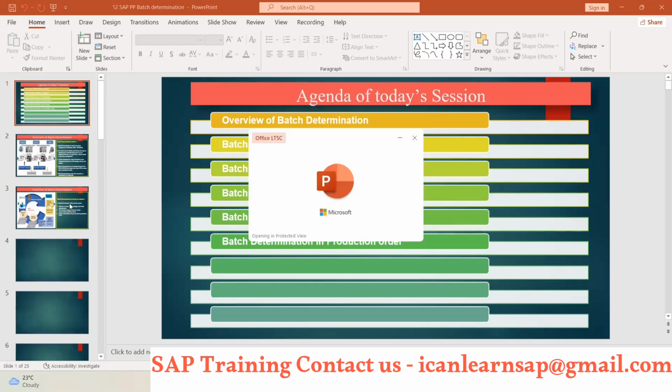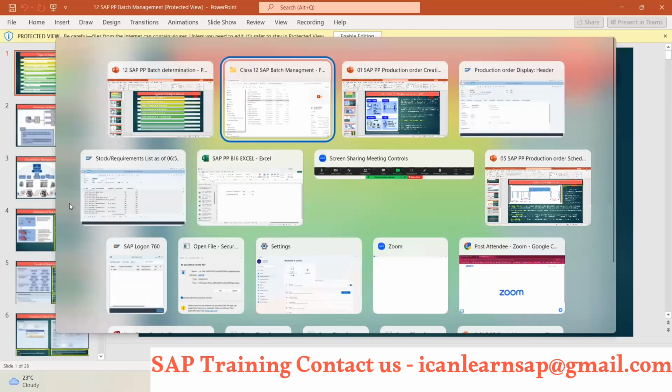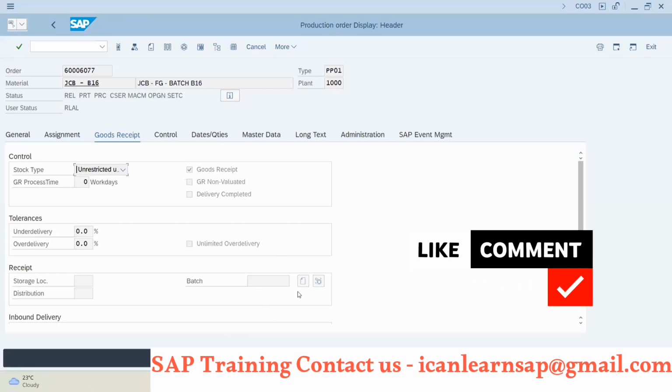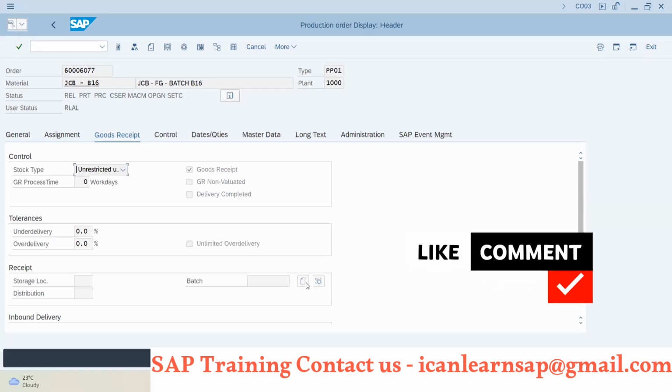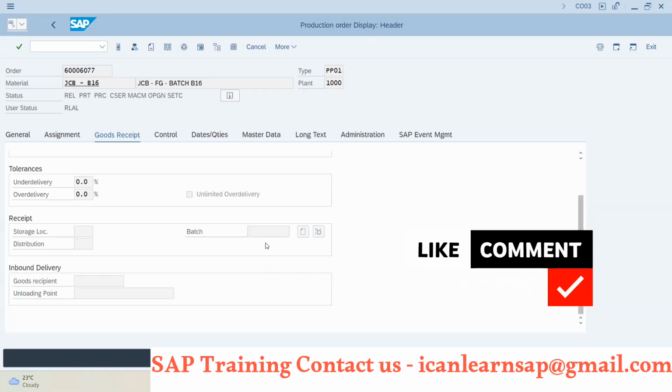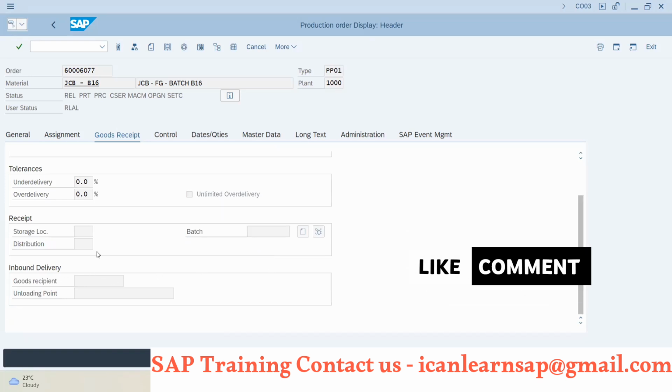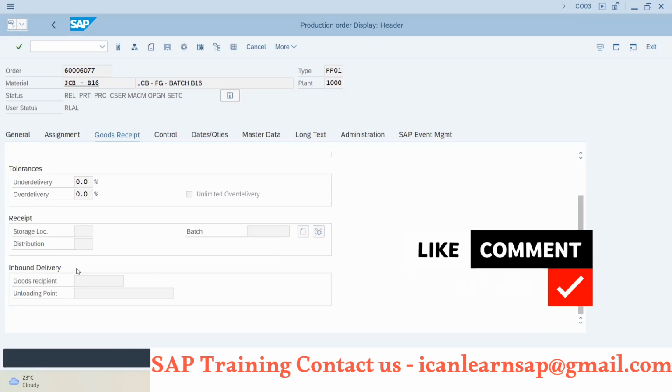At that time, we will discuss in more detail how to create this batch, and you can see the batch number getting updated. If the material is batch managed, the batch number will be created manually or automatically. Inbound delivery is not relevant for us right now.